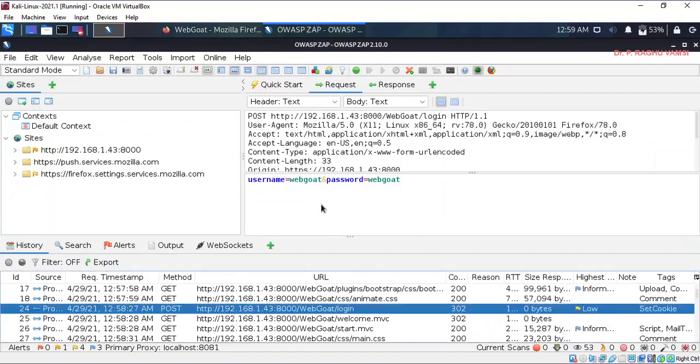Whenever you give the parameters and press the submit button, automatically a POST method will be recorded. So if you want to look for any parameters or parameter requests and corresponding responses, then we need to check for the POST method. So this is the POST method. With this we can identify the username and password. This is the way how ZAP proxy will record the activities that are happening in the web browser.